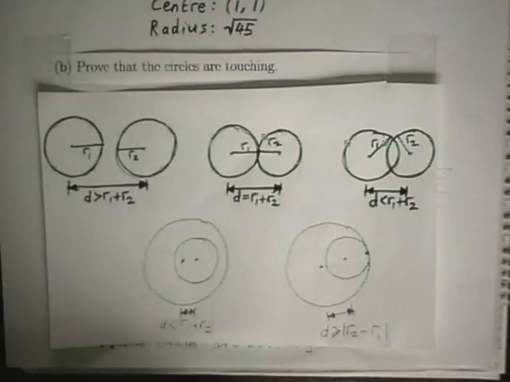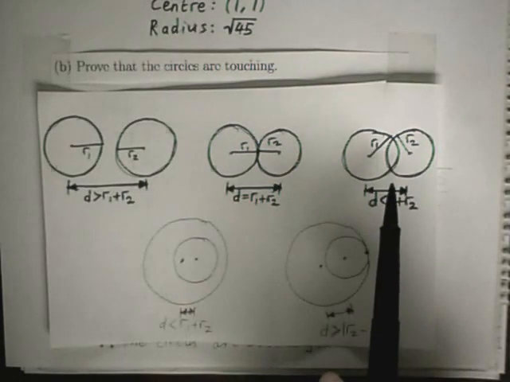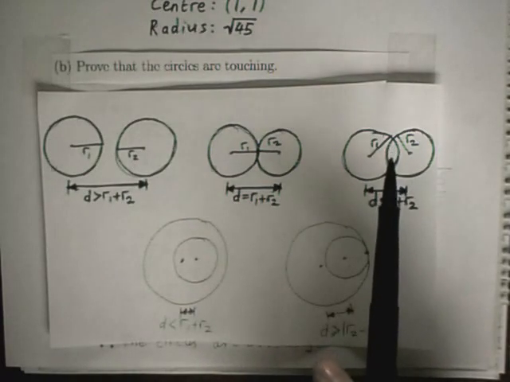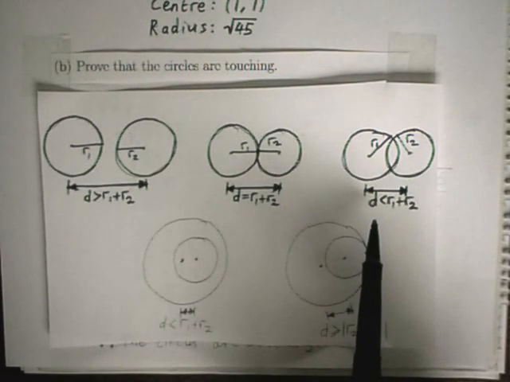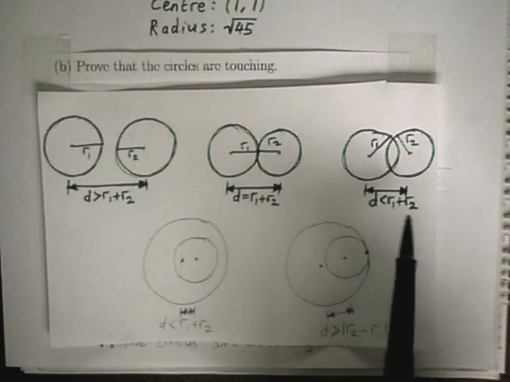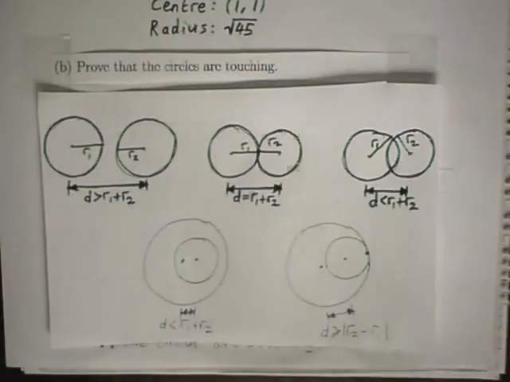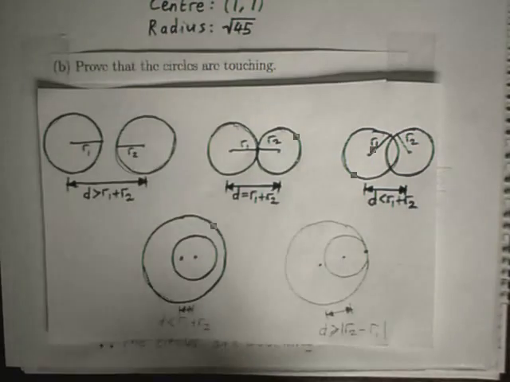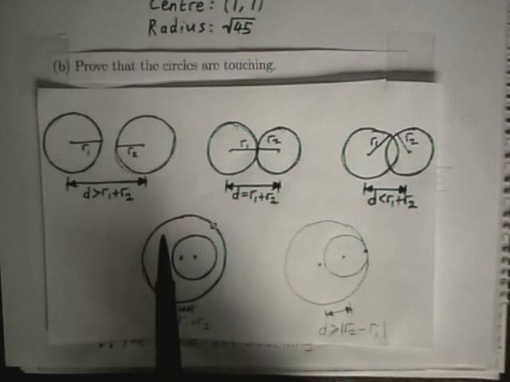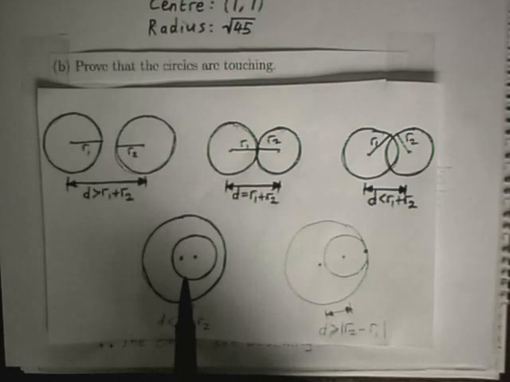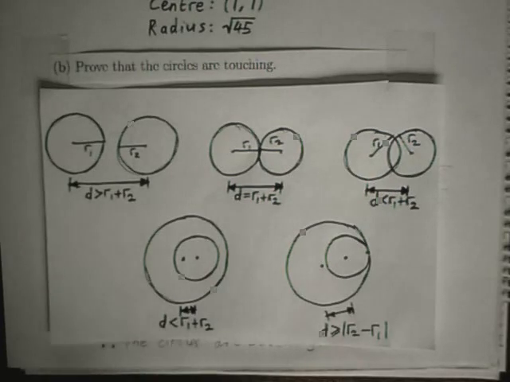The third scenario then is when the circles are brought even closer together, and then you start getting 2 points of contact between the two circles. And this is when the distance between their centers is less than the sum of those two radii. But that's not the end of the story, because if one circle is a bit smaller than the other, then it's still possible for the distance between their centers to be less than the sum of the two radii. But in this case you can see the two circles are not touching,